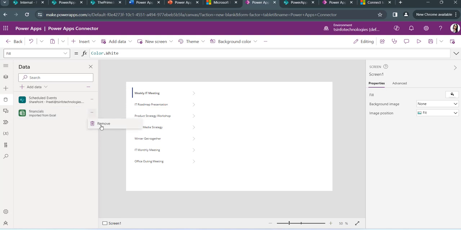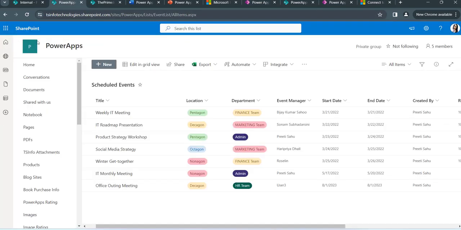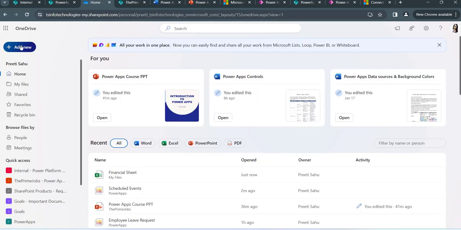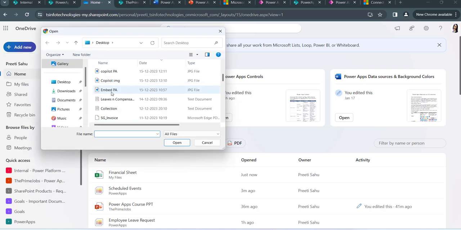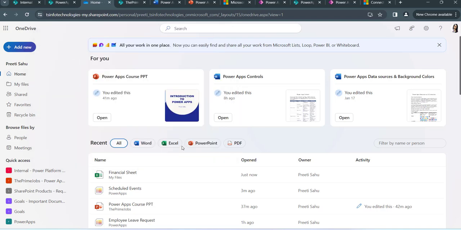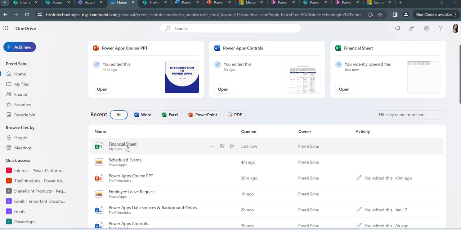This time, removing this Excel sheet from here, I will go to the OneDrive for Business where I can store the Excel. So I will go to OneDrive and click on add new files, upload, and my Excel sheet name is financial sheet. Just click on this financial sheet, open, and see the financial sheet is